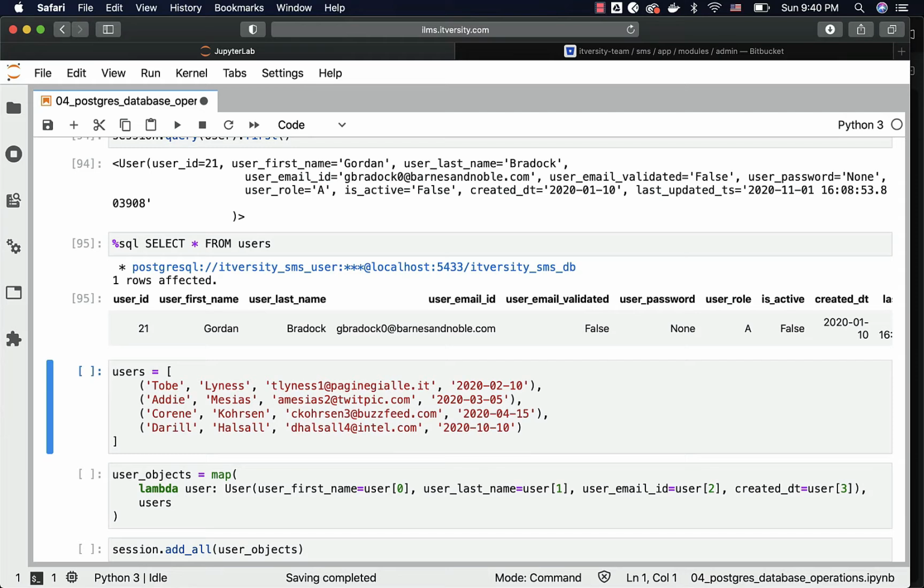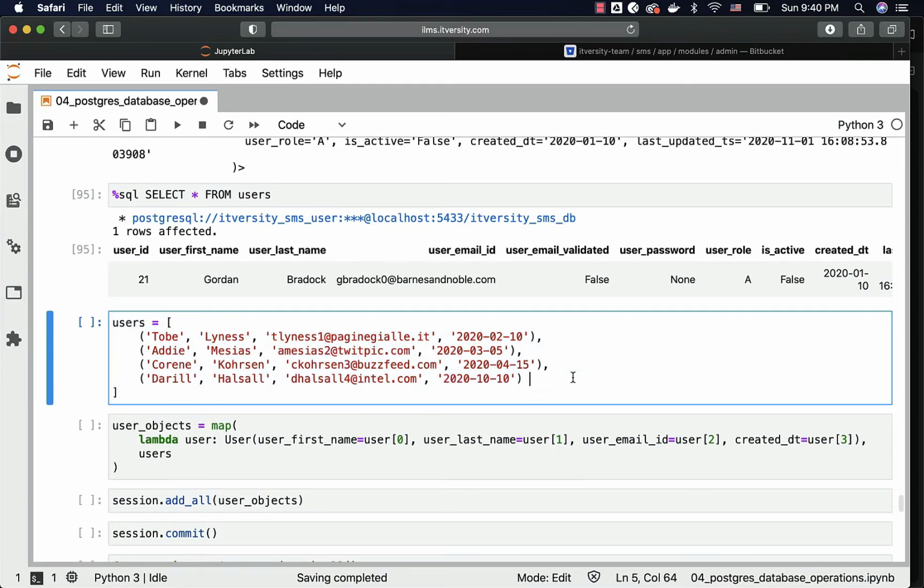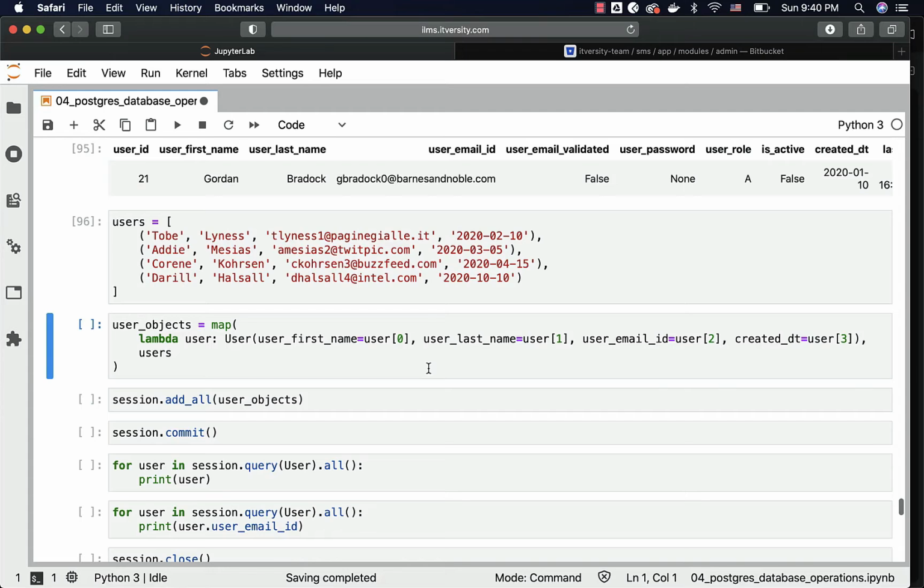You can also add multiple records in one shot. In this case, users is a list with 4 tuples which contain first name, last name, email ID, and create date. Let me create this list here. And then I'm creating something called user objects using the Python map function, which will iterate through the elements and convert each and every element which is of type tuple into an object of type User.